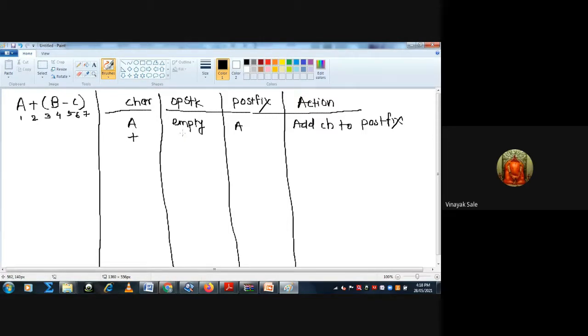The operation stack has plus, and the postfix has A. Here the action is to enter plus in the operation stack.